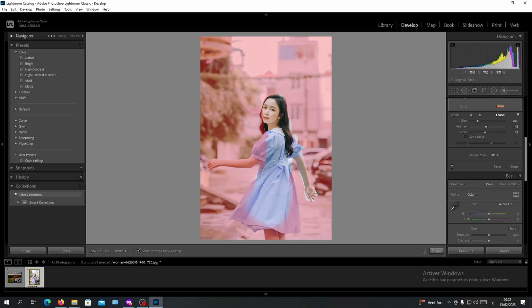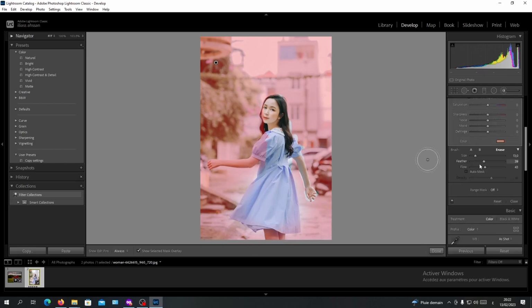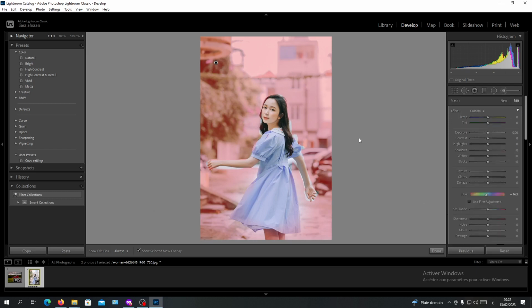So I will have some going like that. I'm going like this, and now I'm going to decrease the feather, add flow, and I will have it like that, etc. So basically after you are masking all the area and you have your subject isolated, you will